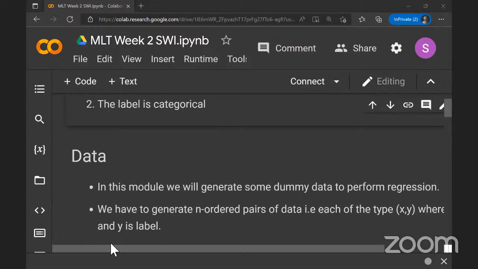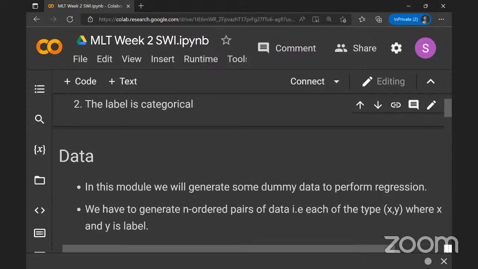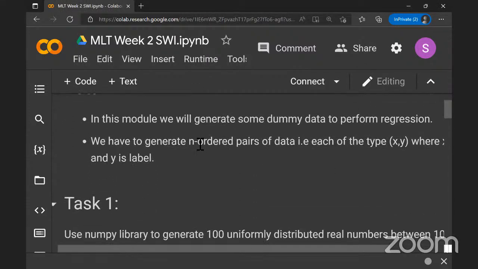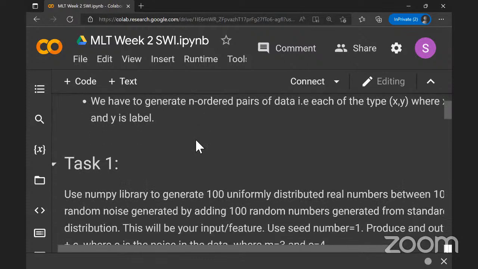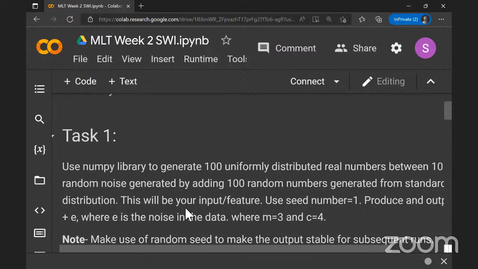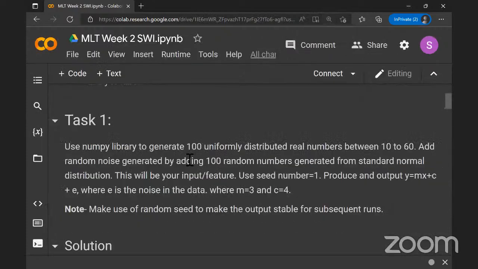Now, we are going to perform regression, and for that, we are going to generate some random or toy data set. This is the description by which you will have to generate random numbers. Use the NumPy library to generate 100 uniformly distributed real numbers in 10 to 60. Add random noise generated by adding 100 random numbers generated from a standard normal distribution,